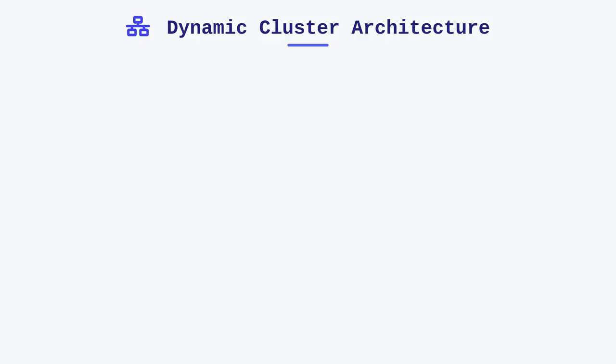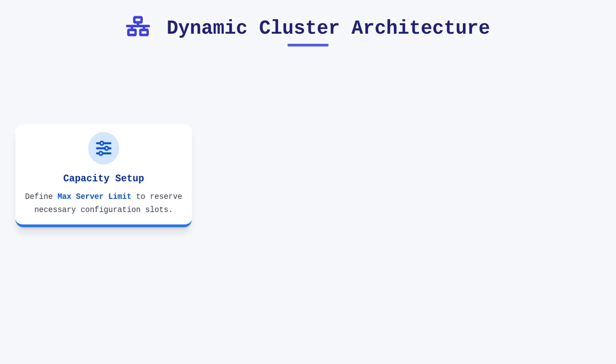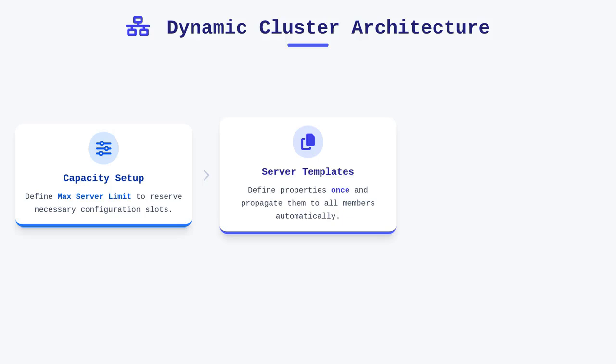The core of this architecture relies on the concept of server templates and calculated attributes to define the behavior of the cluster. When a dynamic cluster is created, you specify a maximum number of servers that the cluster is permitted to host, and WebLogic reserves the necessary configuration slots for these potential instances. You then apply a server template, which allows you to define a property once and have it propagated to all